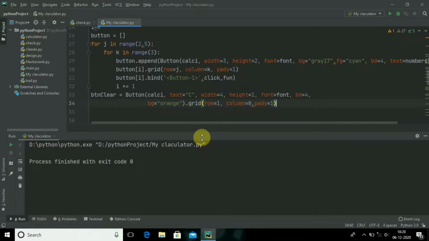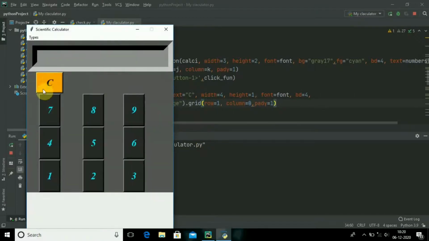That's it. Now when I click, you will see the C appeared. The clear function has appeared on row 1 and column 0, and this display is row 0, column 0. I mentioned row 0 column 0 because I have included all the path, so it will appear in this way. These are our buttons.